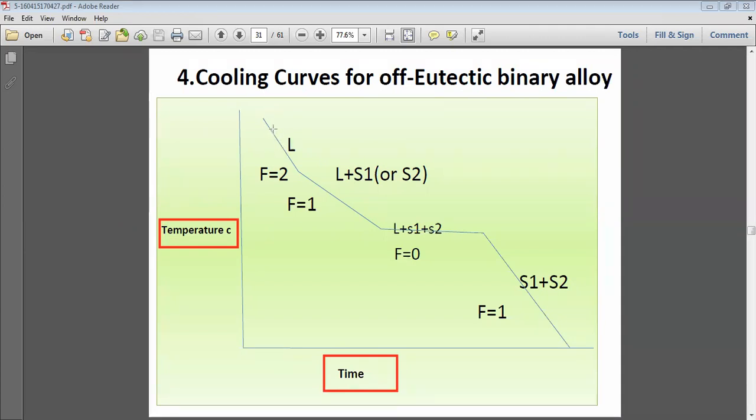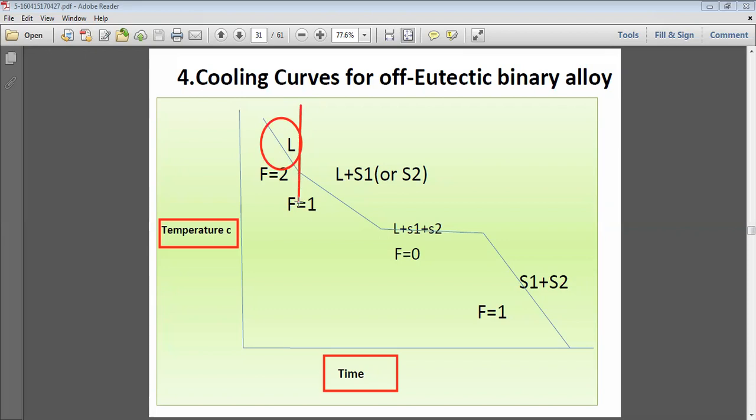If we see the first stage, it is the liquid stage, and the temperature is falling steeply with respect to time, and time is being taken at a shorter distance in this case. So on this point, that is the liquid state over this part. Here it is only one phase, that is liquid.